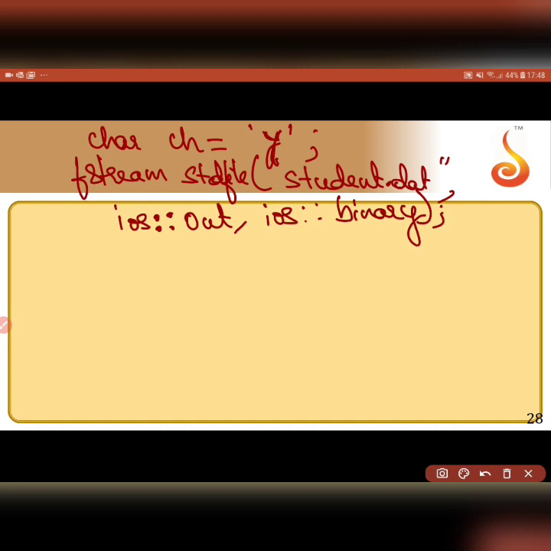After that, I will ask the user to enter the data, right? But then I can give the choice to the user, however many student records he wants to enter. So I will write it as a while loop: while ch is double equal to y,